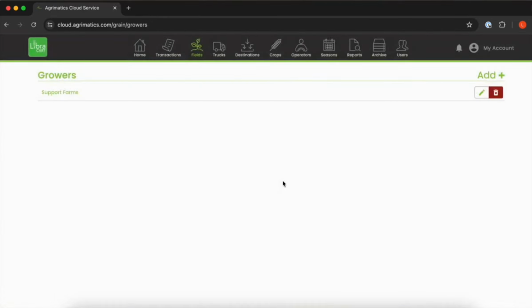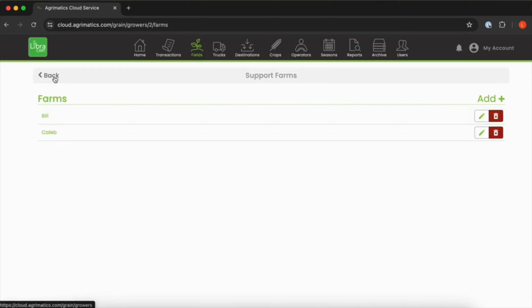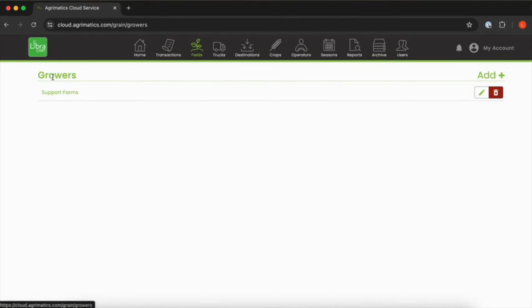Archive is another pro feature that a subscription will gain you access to. It allows you to, just like deleting, remove the grower or farm or field or any other data that you've been deleting from the viewable list, but it will not outright delete the data. So if anything has data related to it, it will be archived and is available in your archive section here. If it has no data related to it, it will be deleted, same as always.